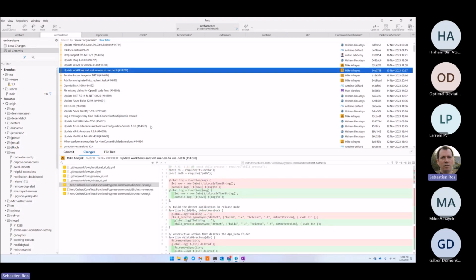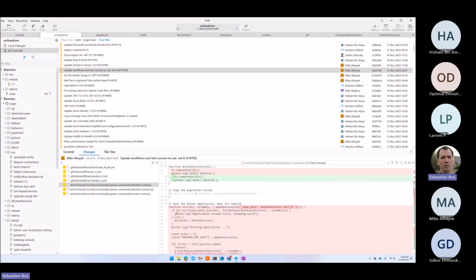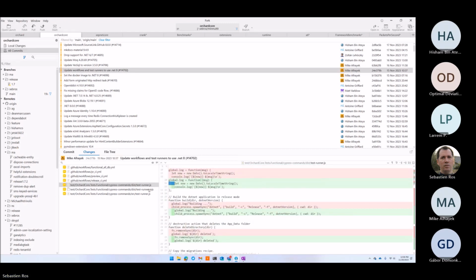Update workflows and test runners to use them at 8. So, Mike, your environment always uses 4 everywhere, even in C# and some other everything. Test runner.